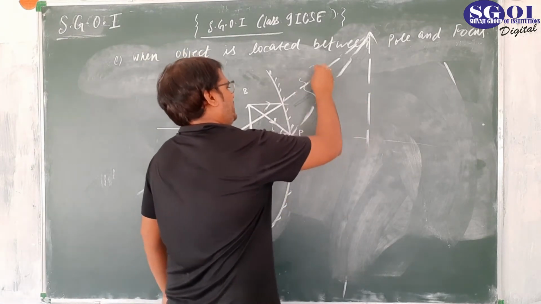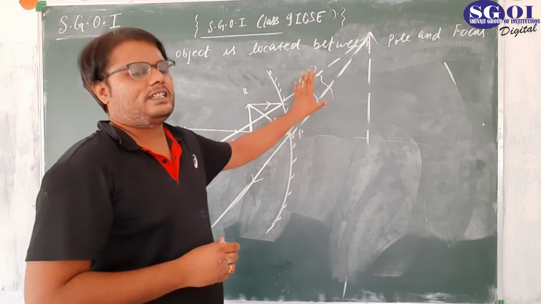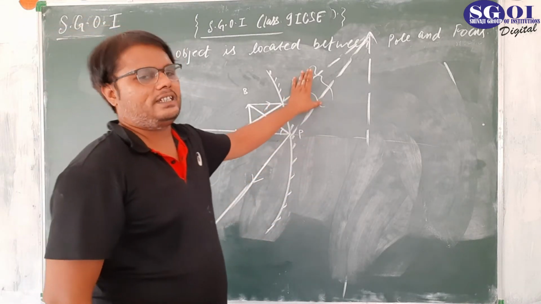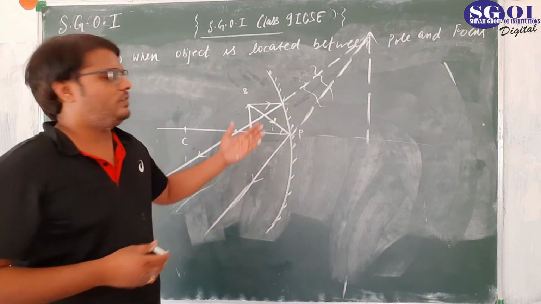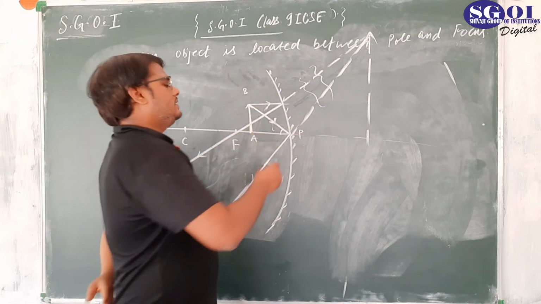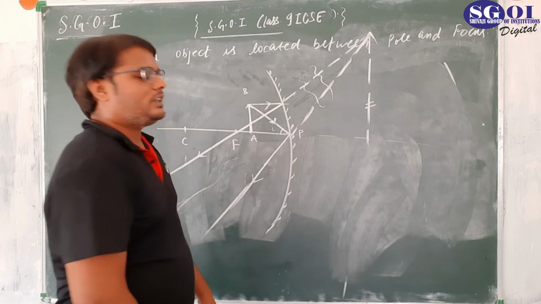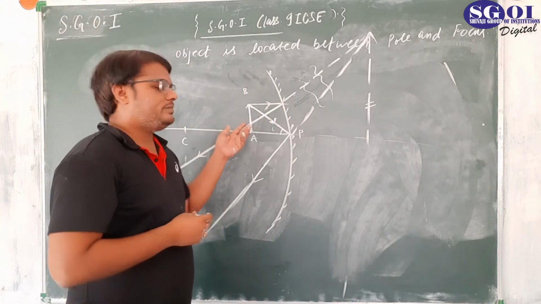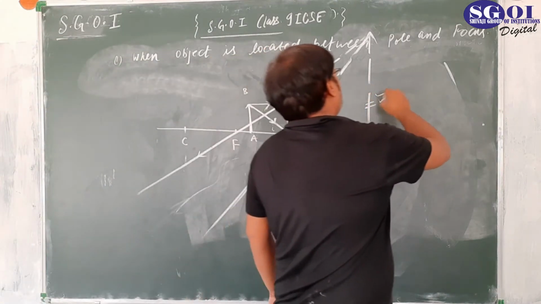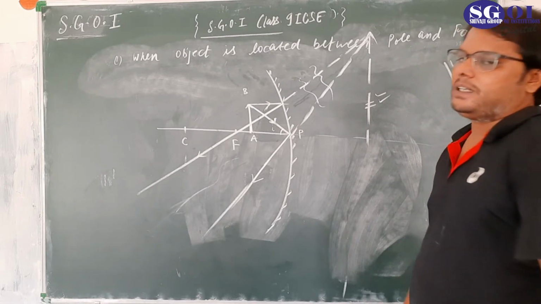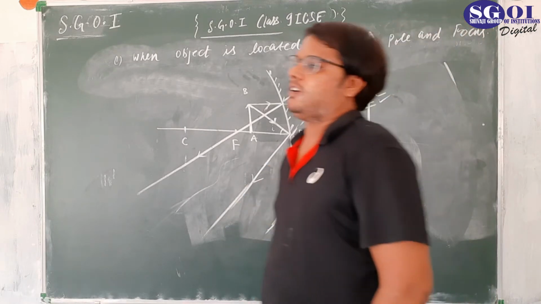So these dotted rays symbolize that these rays are not cutting in real. These are imaginary rays. We have to construct them to show where they are going to cut. One more thing that you will notice here is that our object is above the principal axis and our image is also above the principal axis. This is the main property of a virtual image.